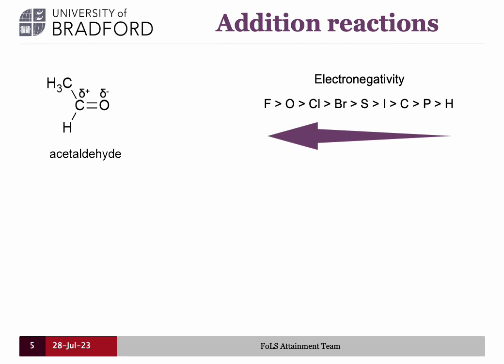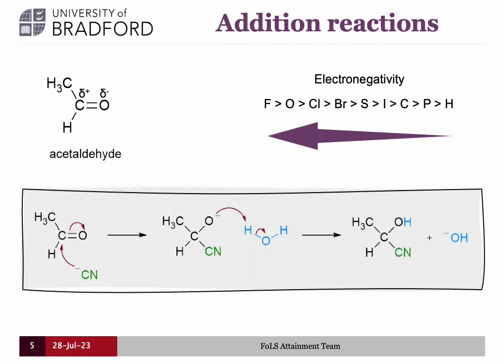So let's look at a reaction between acetaldehyde and hydrogen cyanide, which in aqueous solution dissociates to form cyanide ions. And I have shown the cyanide ion only. So this cyanide ion is negatively charged and will attack the positively charged carbon in acetaldehyde. Then the electrons move from the double bond onto the oxygen atom and leave it with a negative charge. Then this intermediate ion reacts with water by picking up a proton to form the product as shown at the